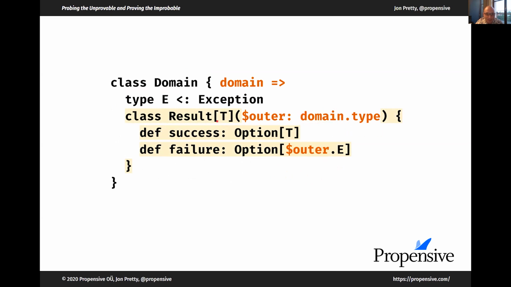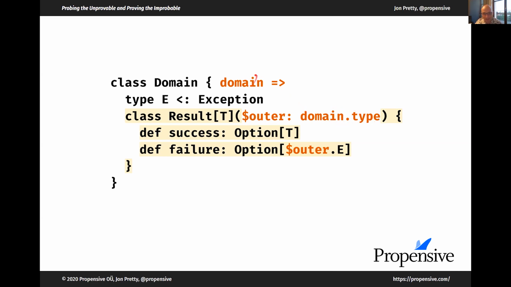Now, what I've done here is I've nested result inside domain. Here I've used a self type, or a self name, to call the current domain. And I've got a value which I've maybe intriguingly called $outer, which has a singleton type domain.type.